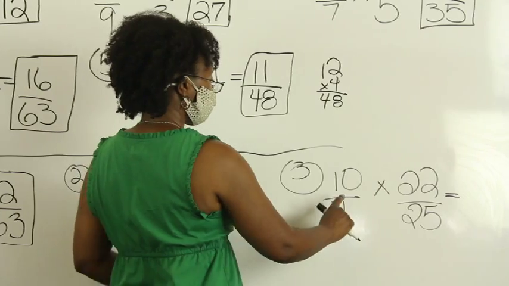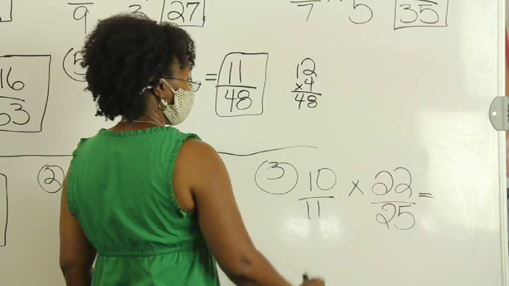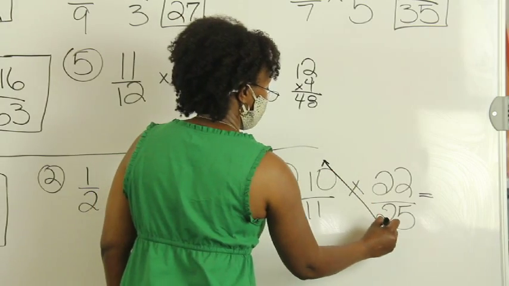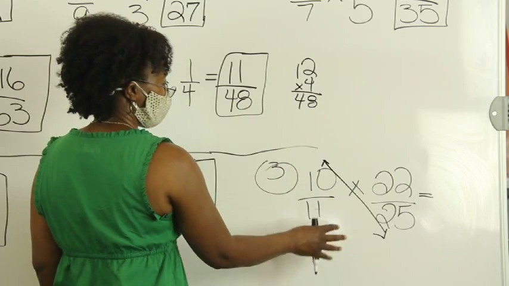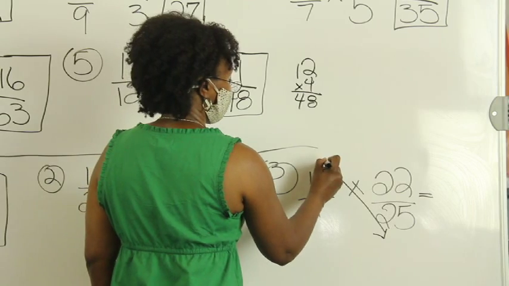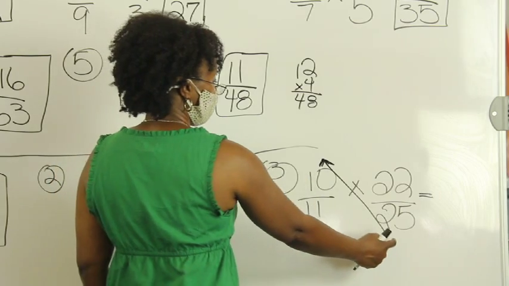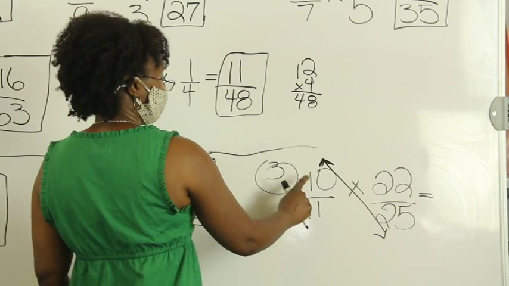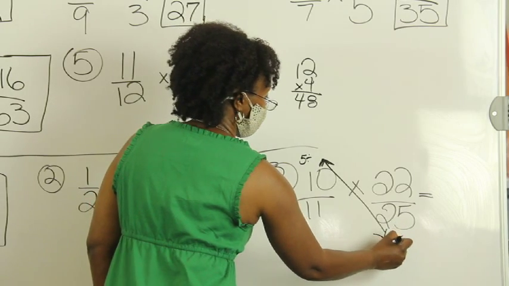Now, when you reduce fractions dealing with multiplication, you have to do it diagonally, like this. Because whatever you do to the top, you have to do to the bottom, but it works well when you do it diagonally, okay? So you can simplify 10 and 25. They both go into 5. So if you divide this one by 5 and this one by 5,